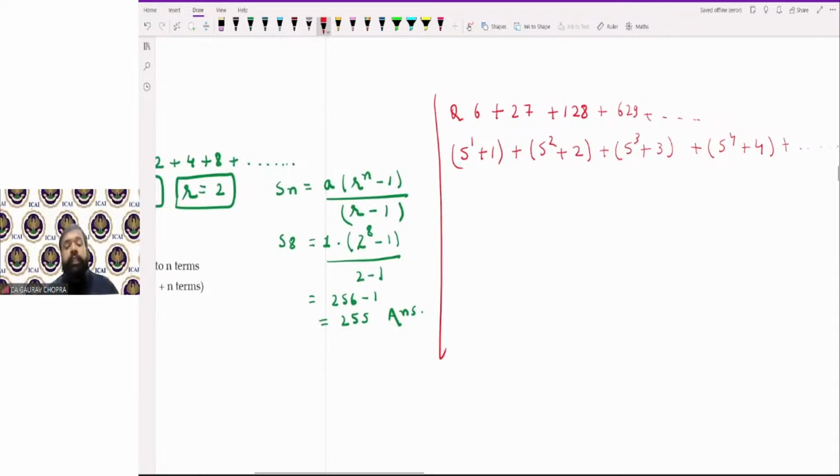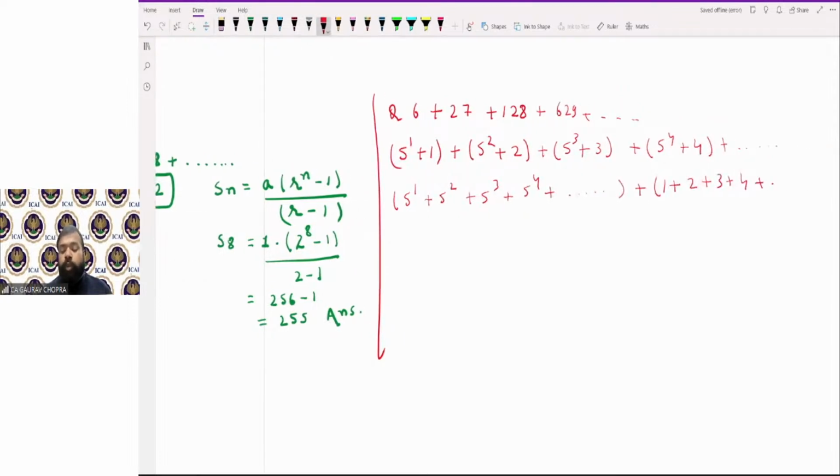Now, if you split this into two parts, it will become 5 to the power of 1 plus 5 square plus 5 cube, 5 to the power of 4, and so on up to n terms. Then also you are having 1 plus 2 plus 3 plus 4 up to n terms. Now we have divided the series into two parts. Now clearly you can see that the first part of the series is